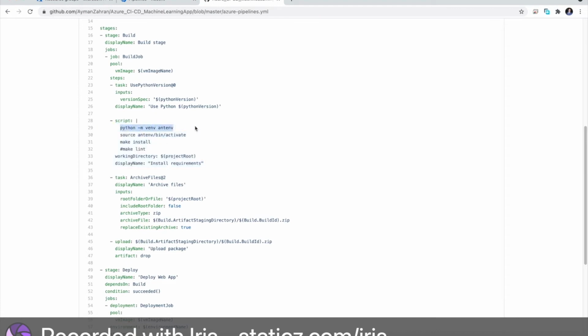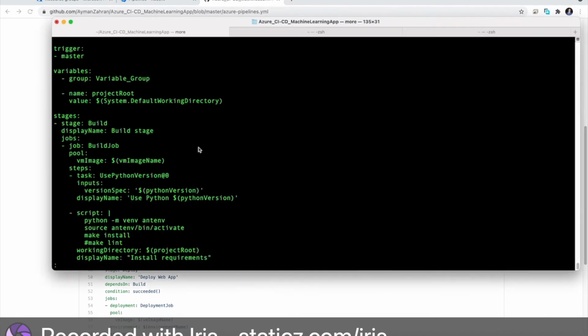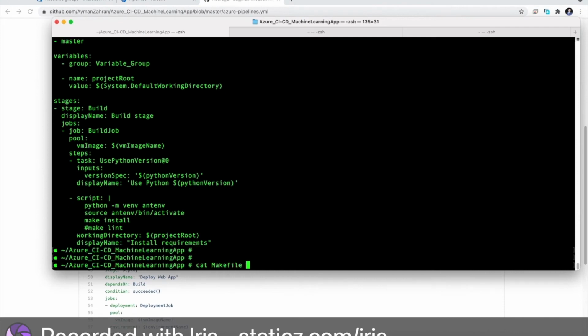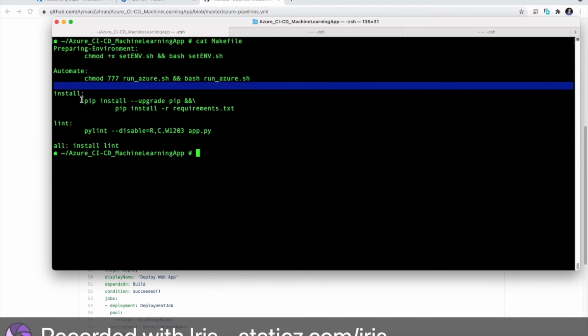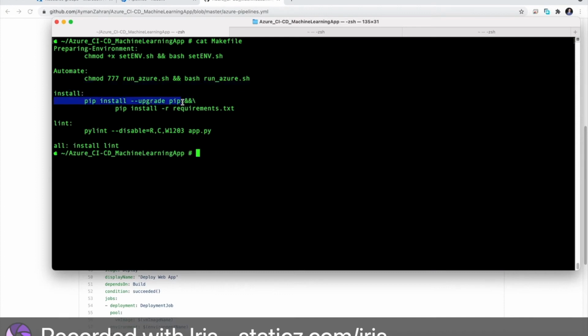First of all, we are making a virtual Python environment. We are activating the environment, and then we're running make install, which exists in the makefile. If you see our makefile, make install is going to pip install and upgrade our pip tool. Pip is mainly the package management tool for Python, and then pip install -r requirements.txt, and the requirements text are